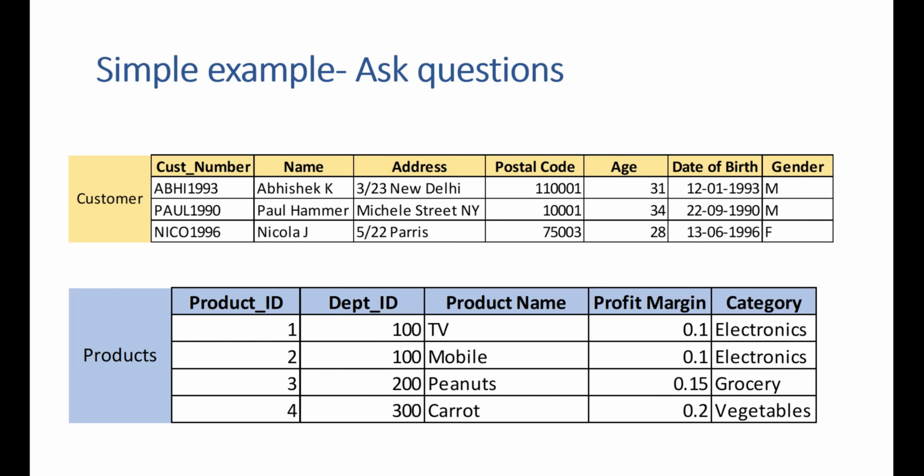And what exactly is the customer here? The customer might be a person. In this case, we are considering a few examples like Abhishek, Paul, Nicola, and so on. But here comes the part about asking questions. As a data modeler, you need to ask questions, and you need to be good at interrogating the stakeholders to understand what exactly the system is and what the dynamics of the system are. Only then can you build a robust data model.